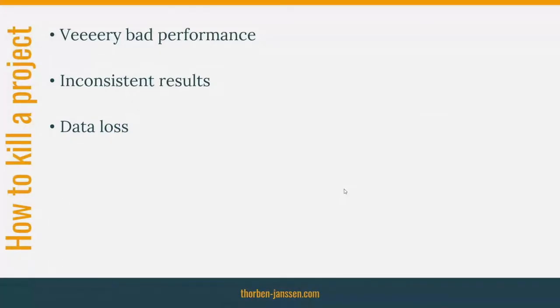Okay, what are the best ways to actually break a project, make it fail dramatically? Well, very bad performance is always a really good approach to ruin the user experience of your application and to make sure that absolutely nobody wants to use it. So we will take a look at that. Inconsistent results is also something that all of our users love. And data loss is probably the nightmare scenario for all CEOs and managers. So when we are looking for a way to break a project and make it fail, then losing data is definitely a good approach, and we will take a look at that as well.